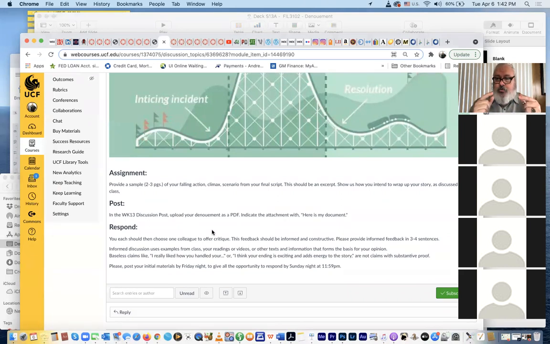So if it's already in script format, just generate a PDF and give us your climactic scene or your resolution. And if you haven't gotten to that point yet, but you know what you want to do, post that as a Word doc. Maybe you would do it that way, and then whoever you choose to comment on can click open your document, read what you're doing, and comment.